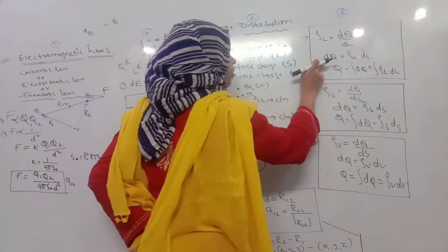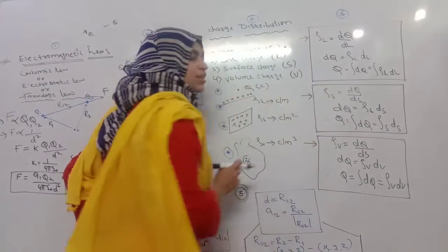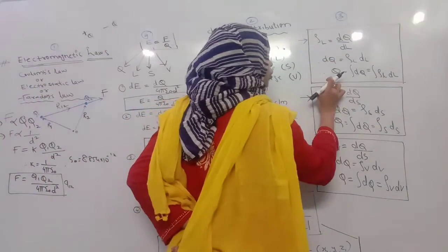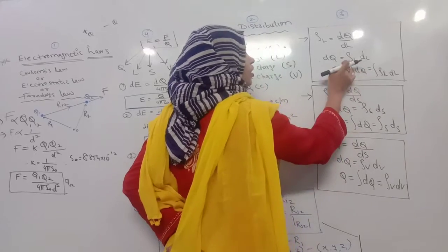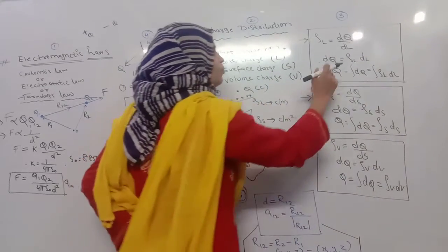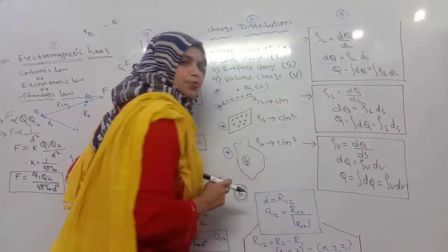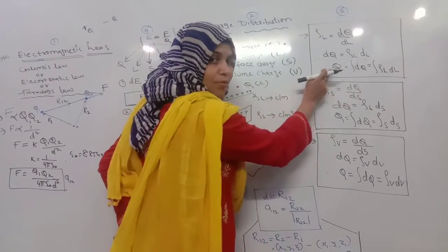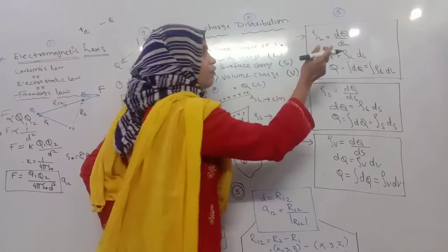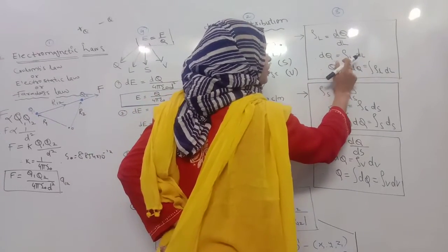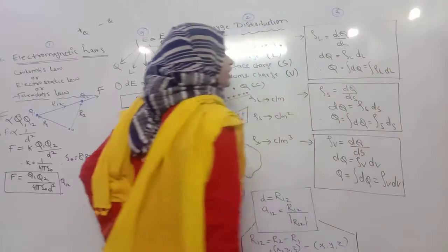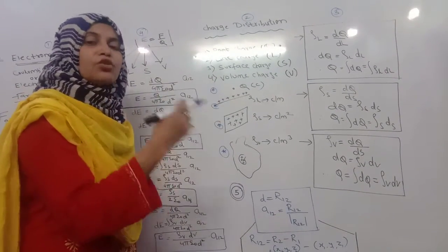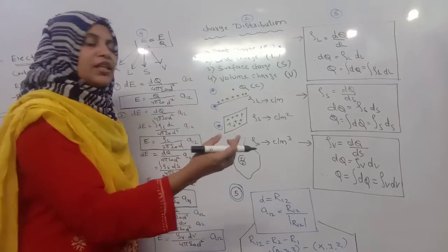Therefore, after removing the differentiation, if you want the integration, at that time Q will be equal to the integral of rho L dL, or you may say the integral of dQ. This is the differential form, and now I want the integral form. So Q will be equal to the integral of dQ. So what is my dQ? dQ will be rho L times dL. In many cases, why are we doing all this? Just to calculate the numerical, to reduce the value, to simplify the numerical. That is what we are doing.